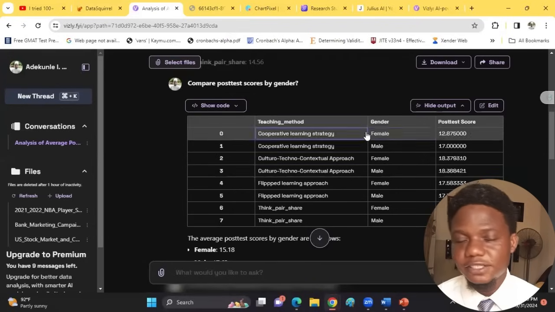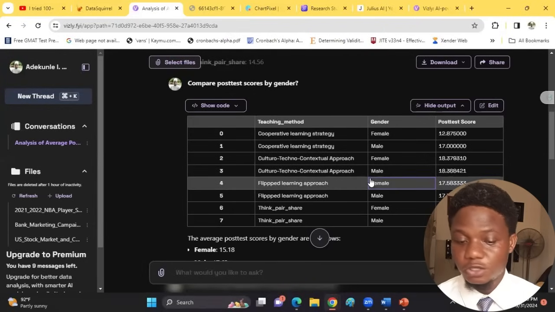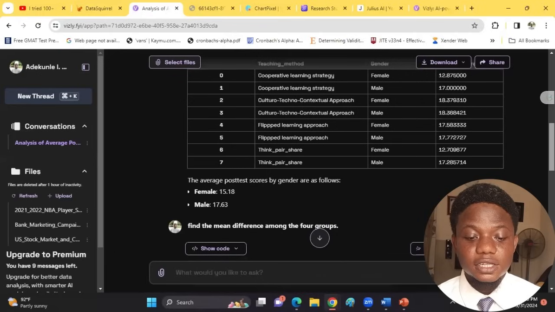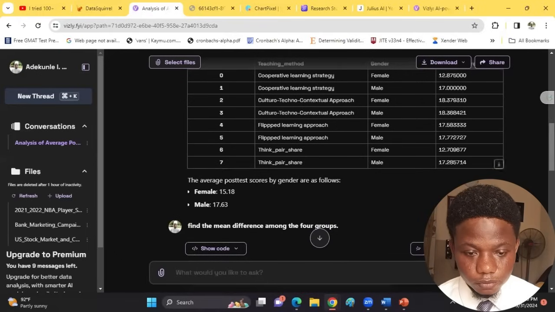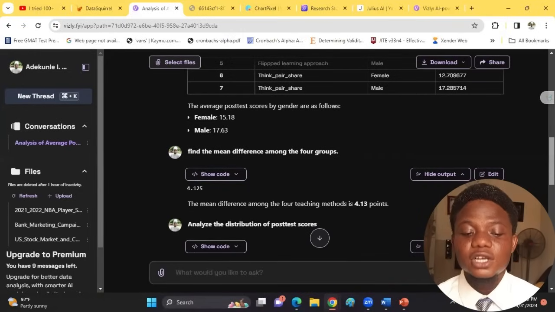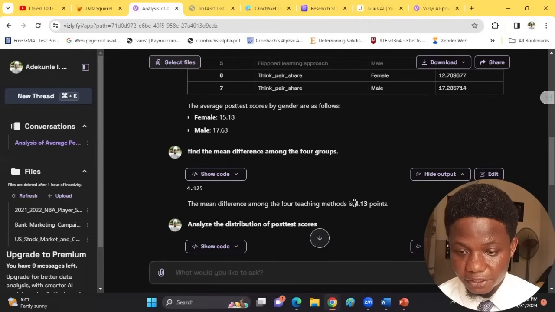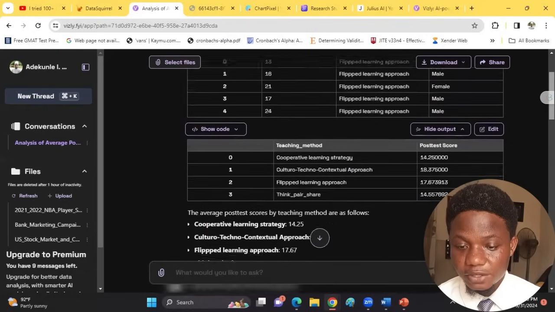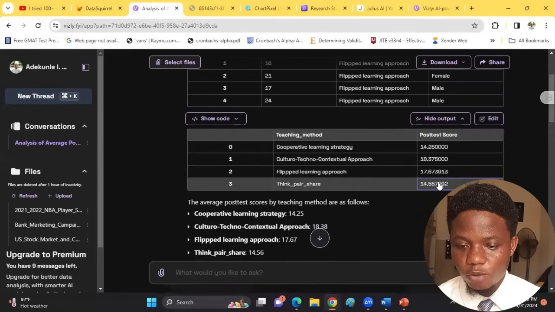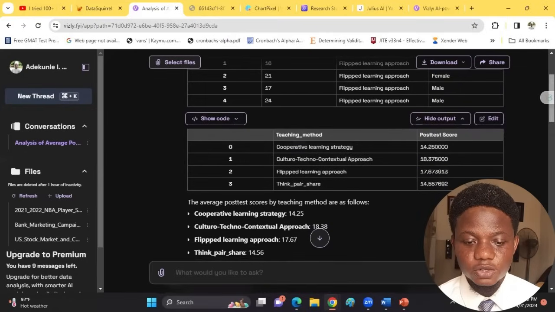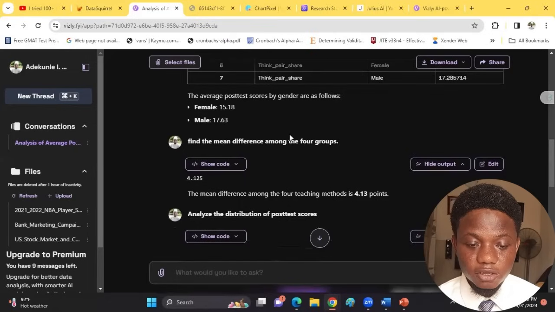So you can find the mean difference between male and female group based on your research question, and then it says, okay, the average post-test score by gender is as follows. I asked the machine, okay, go further, find me the mean difference among the four groups. And it says the mean difference among the four groups will be 4.3. That means when you take the mean score for each and subtract them from one another, the difference will be